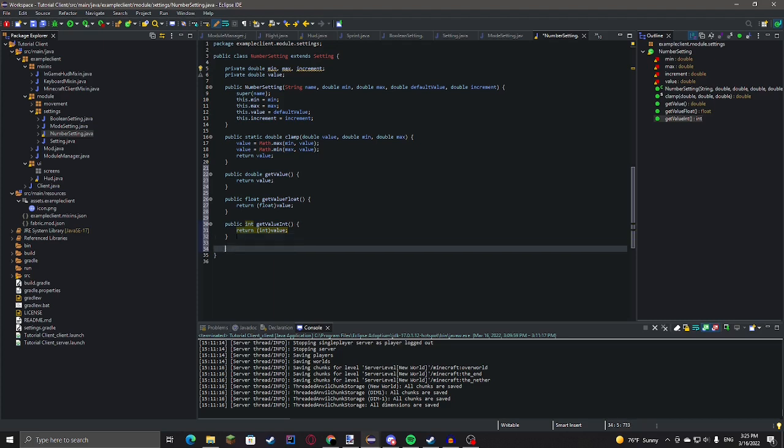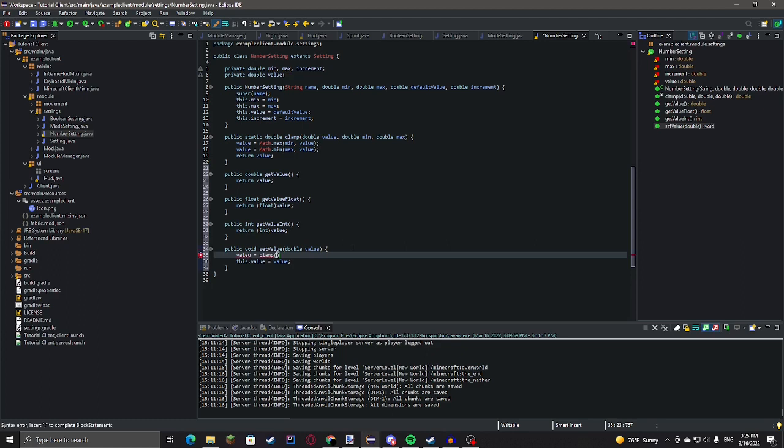Then we're going to do set value. Value equals clamp value, this dot min, this dot max.